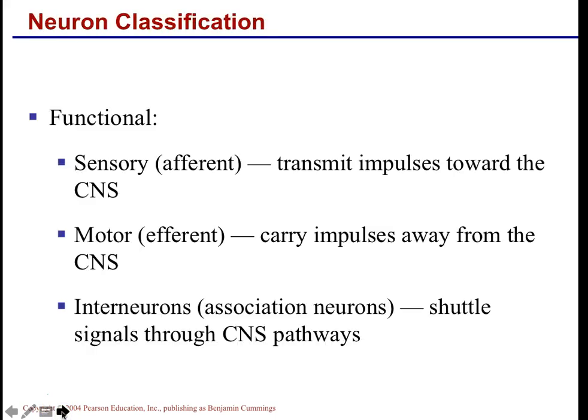All right, so how do we classify neurons? We can classify them as sensory, motor, or interneurons. Sensory neurons will take information to the central nervous system. Motor neurons will relay what the brain and spinal cord have decided to do, so they carry impulses away from the central nervous system. And interneurons are the neurons that are in the actual spinal cord and brain. Stay there. And stay there. There we go. And that's it.